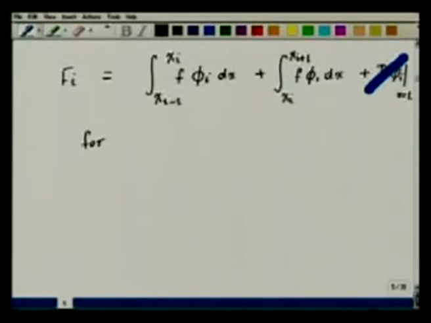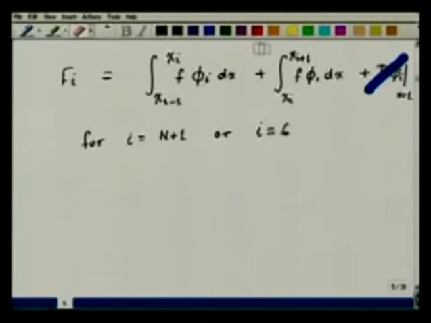You note that of all the phi_i's, because we had taken a 6-element mesh, only for i equal to n plus 1, or for our model problem i equal to 6, is phi_i at x equal to L equal to 1. All other phi_i's are 0 here. So this part P into phi_i is only going to contribute to F6, that is in the general case to F_{n+1}. To all other Fi's it is not going to contribute. That's why let us keep it out for the time being.